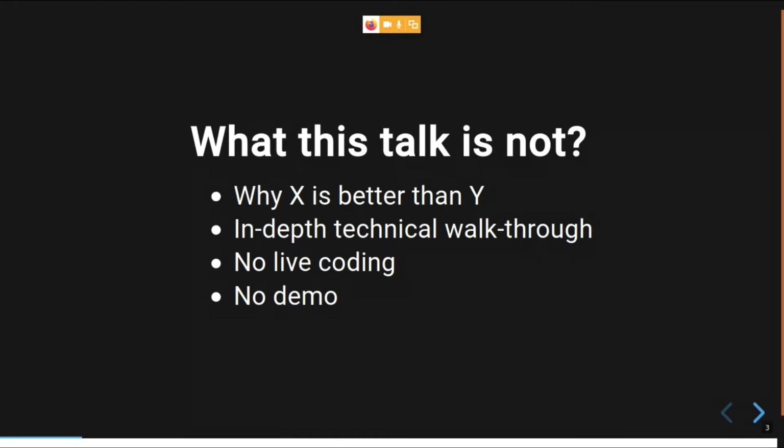So what you can expect is, if you are starting a new greenfield project, you can know what features this library has, so you can decide whether to go with this one or with some other library. It is basically that kind of talk, not a technical heavy talk. This is basically going through the features of Pow.